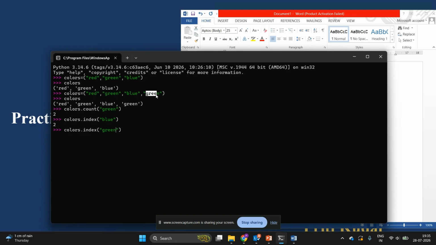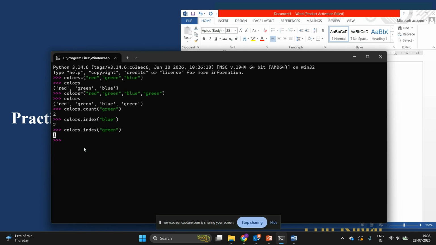So which index position will it return? It will return the index position of the first occurrence of the element. It has returned 1. So the index method of a tuple returns the position of the first occurrence of the specified element or value.